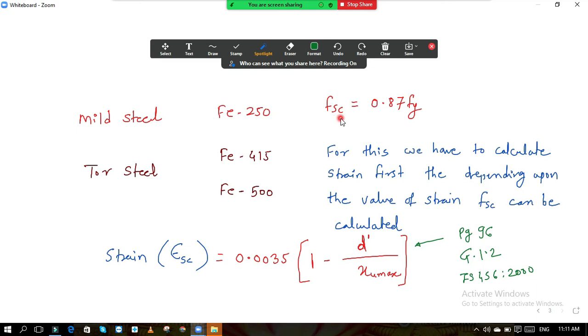Now I will give you the table. Listen carefully. This table you will not find in IS 456-2000. This table is given in SP16. There is one more code for design, called SP16. And the other one we use is IS 456-2000. In the examination, IS 456-2000 is allowed, but SP16 is not allowed. So if this design problem comes in the examination, the values of the concerned strain and stress are given to you. We will see further how we can deal with this.